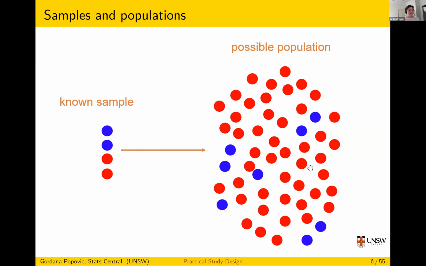But that doesn't mean it isn't 50-50 in the population. It's a small sample. And if I had this population and if I'd randomly taken 4 of these dots for my sample, I could also have quite possibly gotten a sample with 50-50 red and blue. So we always only know what we've measured in our sample, but we're never interested in the sample. We only are interested in the population. We use our sample to inform what the population might look like. So this is a possible population.